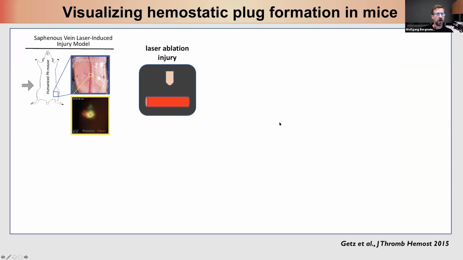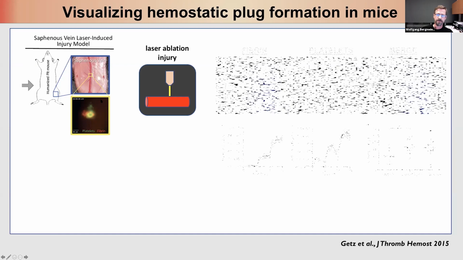Just two slides on two methods that we developed a couple of years ago that I think can be really helpful to the field, and certainly help us a lot in my lab. One is a different hemostasis model. Most people use the tail bleeding time model to study hemostasis. We wanted a closer look to also get a visual of what's going on at the site of injury. So what we do is we expose the saphenous vein in the leg of a mouse, and then we use a laser ablation system, basically a laser gun, to punch a hole in the blood vessel that's about 50